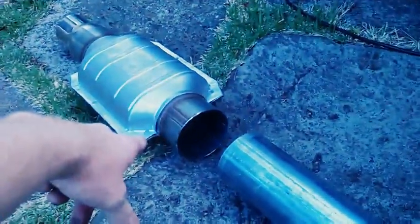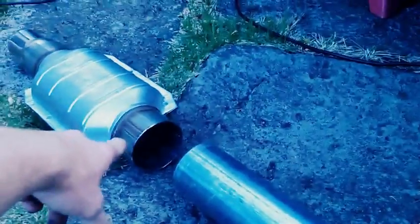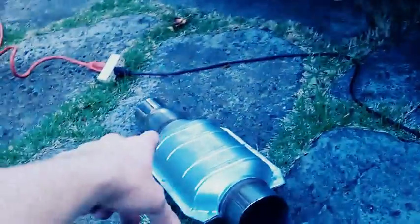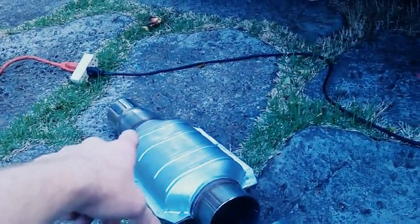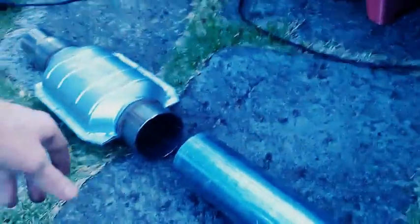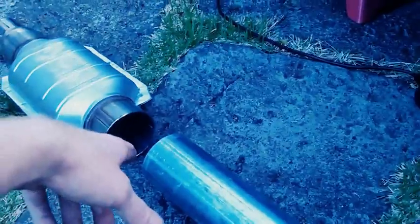flex pipe into a Dynamax high flow catalytic converter, 3-inch inlet, 3-inch outlet, and I have a 3-inch to 2.5-inch reducer on the backside of it that'll mate up to the rest of my 2.5-inch piping that goes all the way out. And then I've got a Borla muffler that's already connected. That was on the old engine. But the coolest thing is I'm going to have 3-inch exhaust all the way from the turbo into the catalytic converter,